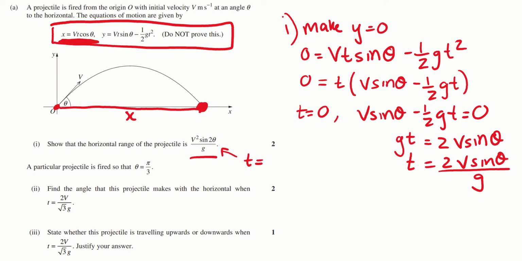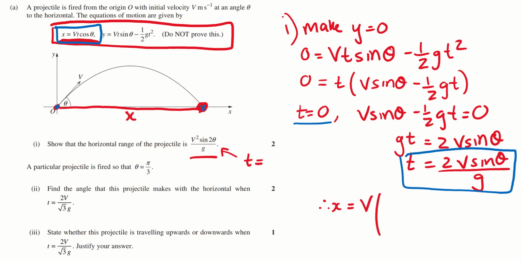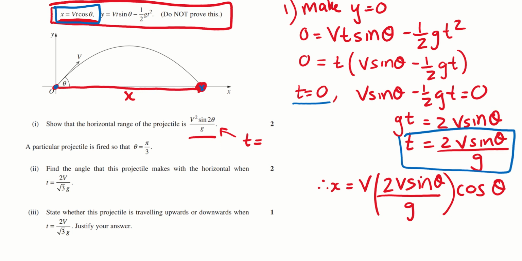But we don't want what time, we want to know what the x value is when that is occurring. But if we now know what time, we know it's not the 0 one because that's our origin. We want the other value, the other time. So now we just take this t value and plug it into our horizontal motion formula, and hopefully we get what we need to prove. Okay, so doing that, I'm going to get, therefore, x equals v lots of the t value we got, cos theta, and cleaning this up a little bit,